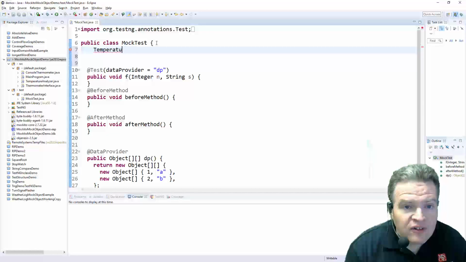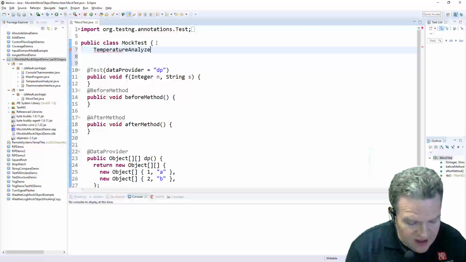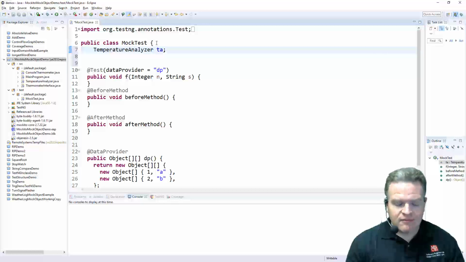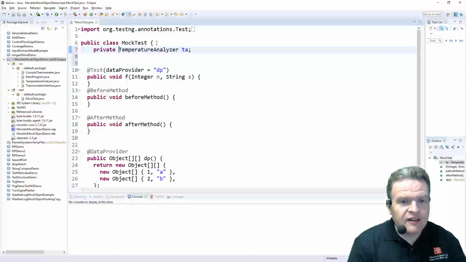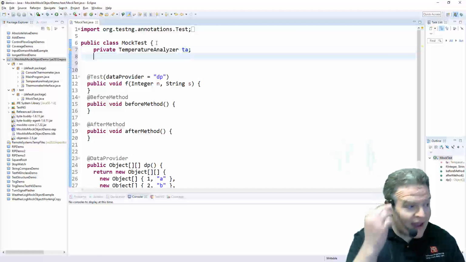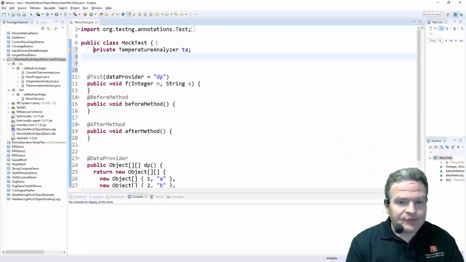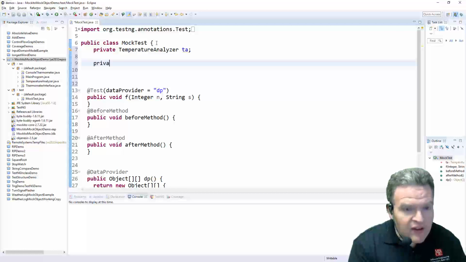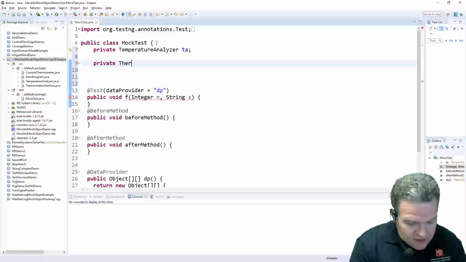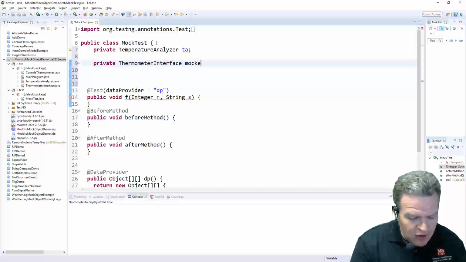temperature analyzer. I'm going to call this TA for right now. Not exactly the best acronym for it, but that's my temperature analyzer that I'm going to have. And I am going to also have in here a private thermometer interface. I'm going to call it the mock